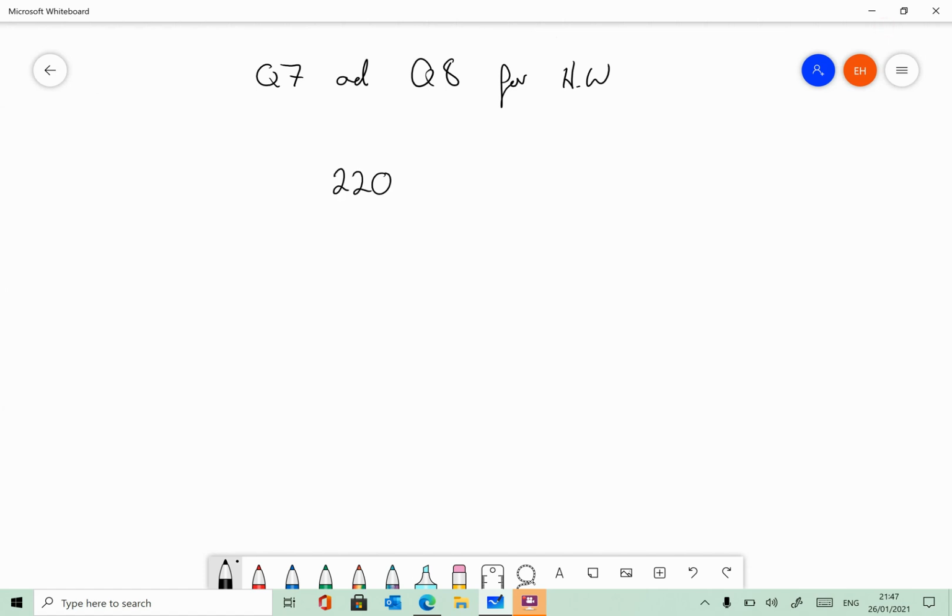So 220 is equal to 110%. Right? So 110 percentages is equal to 220. So if I first find out what one of those percentages is, it's going to be 220 over 110. So 1% into my calculator is equal to 2. And that's the same thing as